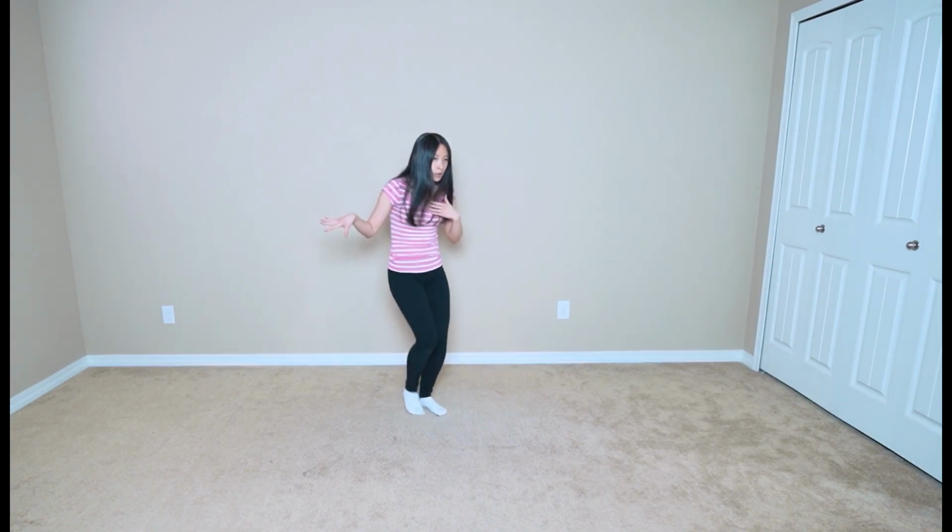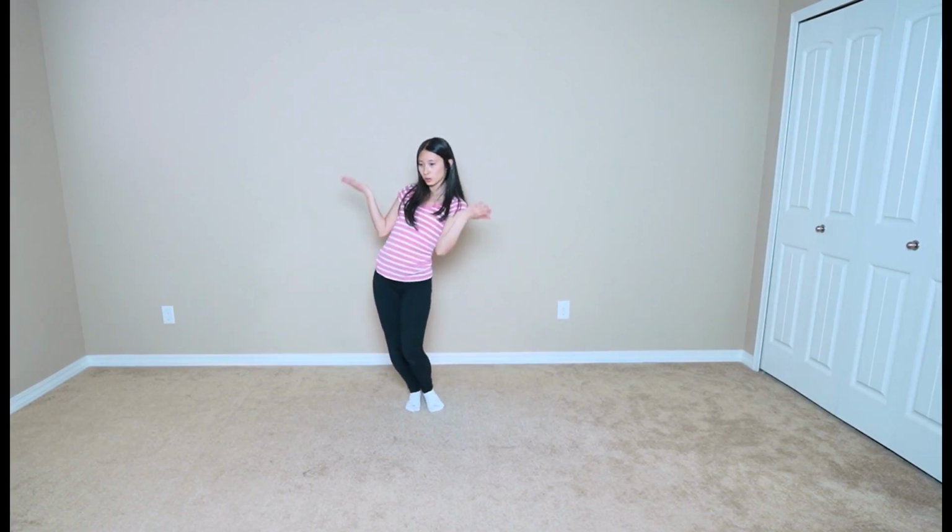As we do that, left hand's always going to be out to the side like this. Right hand's going to pat your chest gently 4 times. And with that, you can add a little body weight forward. So 1, 2, 3, 4. And by this point, you want to make sure that your feet are together, knees are slightly bent. Then we're going to go 1 and 2. So it's going to be kind of like a down, up,